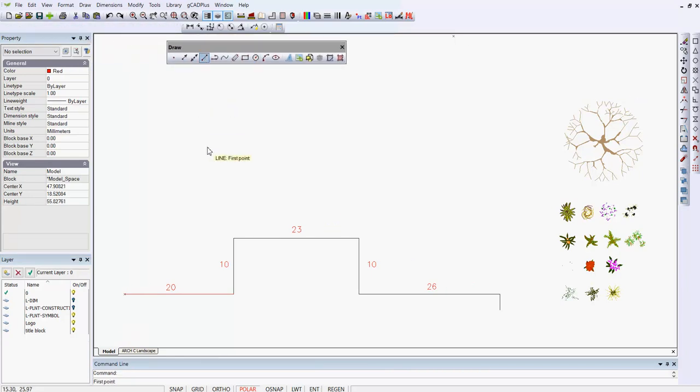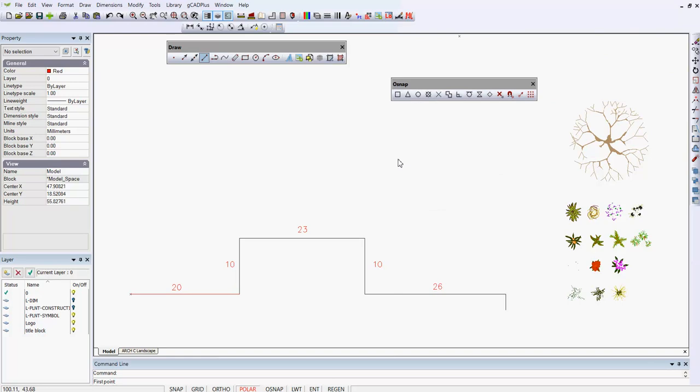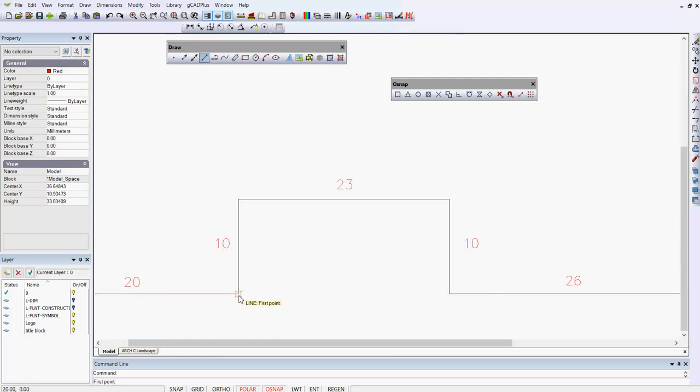So line, and for the first point, what I'm going to do is drag yet another toolbar across and float it. This is called the O-snap toolbar, and I'm going to choose the first option there, which is the O-snap end. So it's going to jump. You might just be able to see, if we zoom in, see how the new line is starting at the end of the old one, and all I need to do is move, as we've done before, in the direction I want to go in, and hit 10,